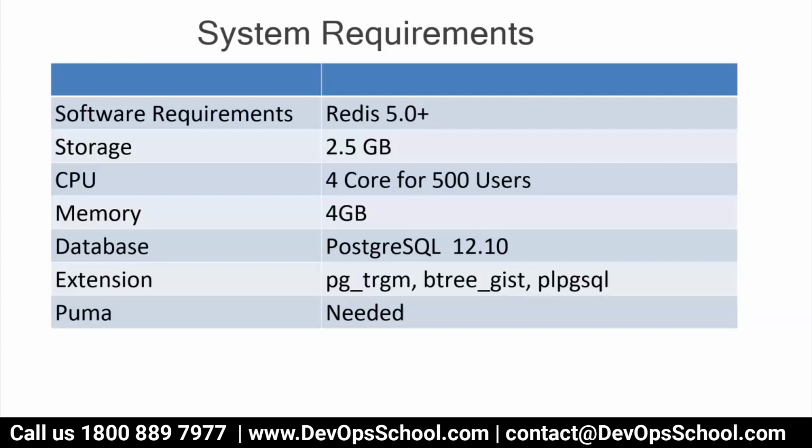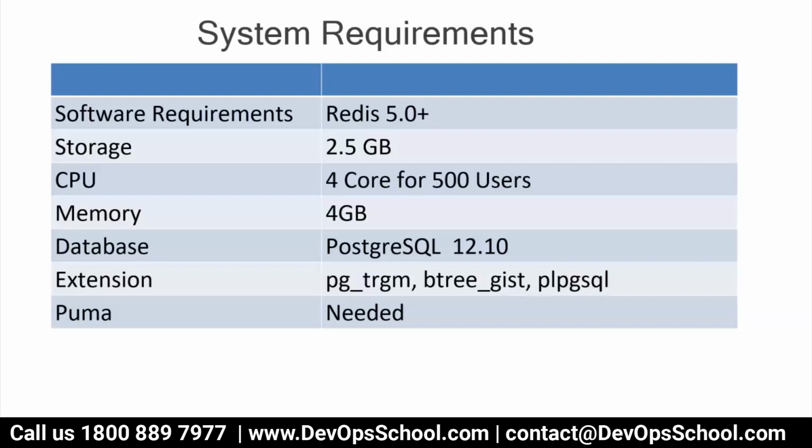Everything you have to analyze in a proper way, and then decide the capacity and capacity planning for the GitLab server. But this is at a high level to get started with it, because we are going to learn GitLab right now. So this is the minimum configuration which you can have. Software requirement: Redis 5 plus. Storage minimum 2.5 GB, CPU 4 core, which will be active for 500 users, memory 4 GB, database